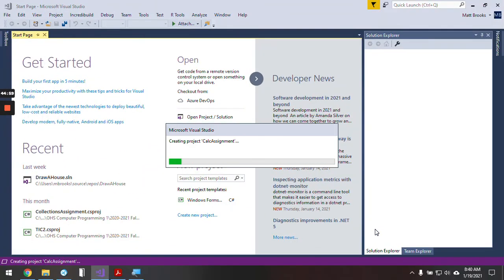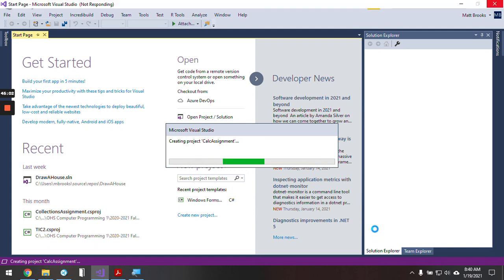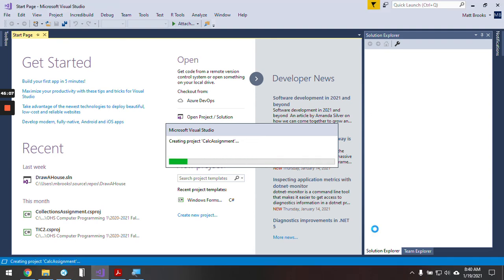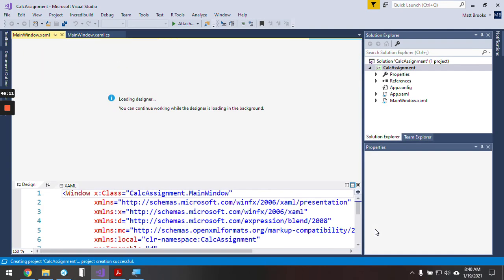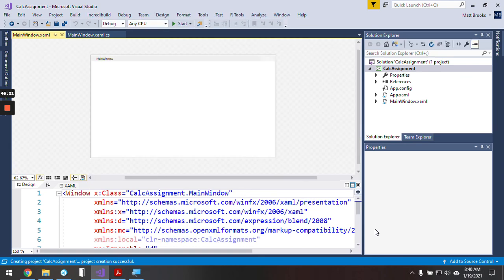It goes through a moment saying creating project. You should get to this point pretty quick. This is your designer window. This is what your program is going to look like. Right now it is a blank canvas of nothingness. And notice there's two tabs up here. One says